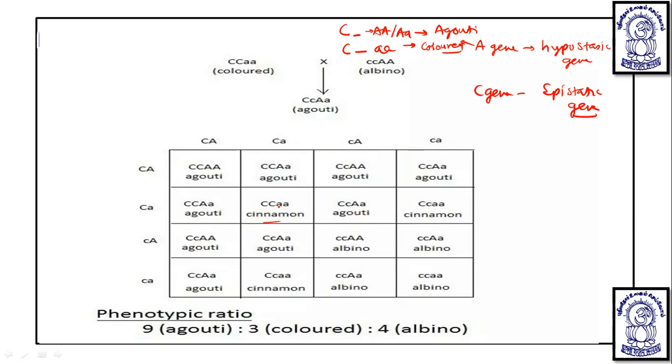But when A becomes recessive, then along with the dominant C it is going to produce cinnamon or color. But when, along with capital A, capital A small a, or small a, the C becomes recessive, then the expression of A gets suppressed and they become albino. So because of this, C in its recessive form is acting as an epistatic gene. Because of this, we call it recessive epistasis. So the phenotypic ratio which is obtained here is 9 agouti, 3 colored, and 4 albino. Okay, so that is the thing which is obtained here.